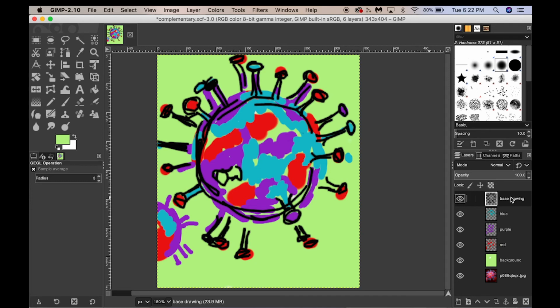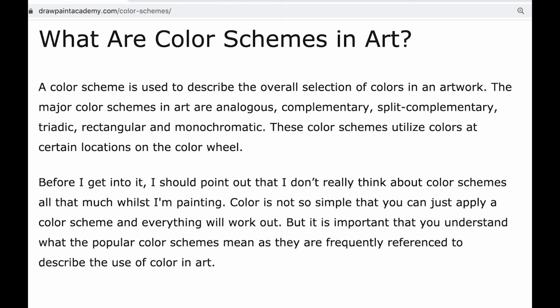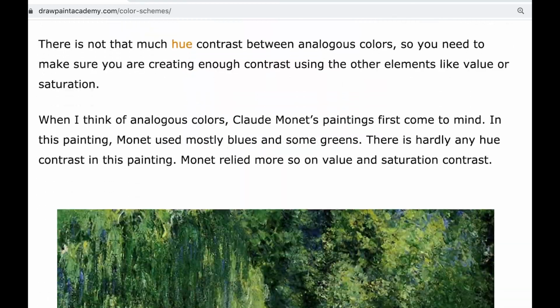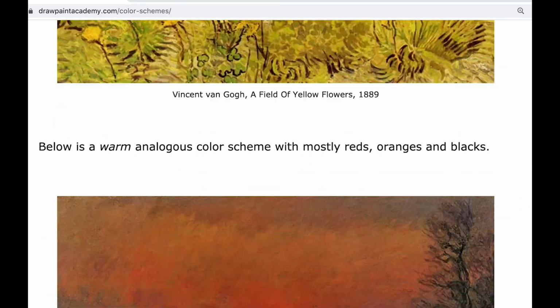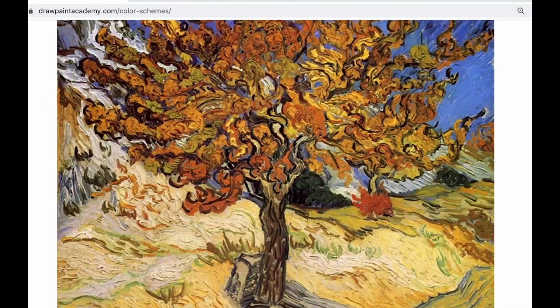Okay, so once you have 5 layers, each with a different color on them in your drawing, hopefully a drawing that is far more beautiful than my acidically colored coronavirus, you're going to play around with the color of each layer to create 5 different versions of this drawing that represent 5 different color schemes. The first of the color schemes is just going to be the random one that you put together here. It might be naturalistic color, it might be a little bit made up color, but it's what you went with initially. After that, you're going to do one that is monochromatic, one that is analogous, one that is complementary, and